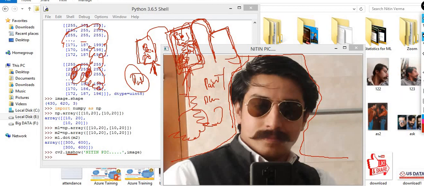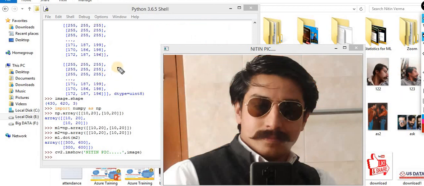Now the picture is very much clear. Why do we read the data? Because I didn't do any kind of modification. Later I will show you some kind of modification, and after doing the modification I will display the picture on the screen. So I think now the picture is very much clear for everyone.